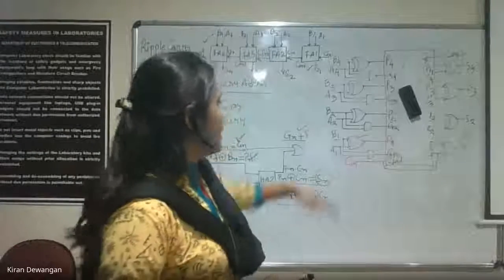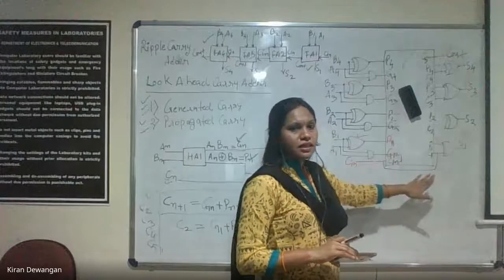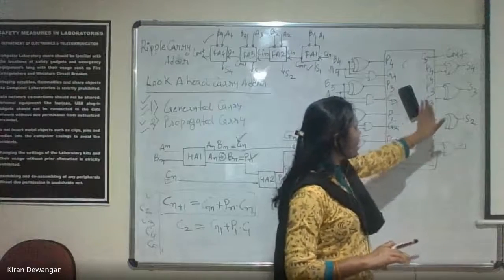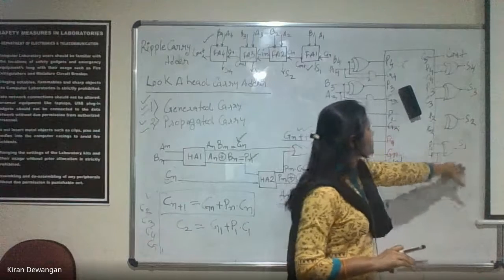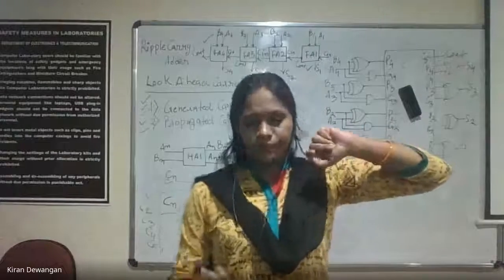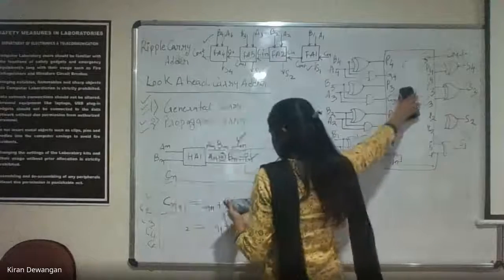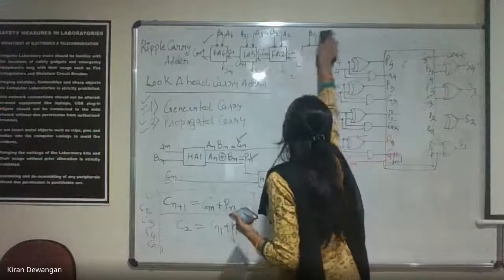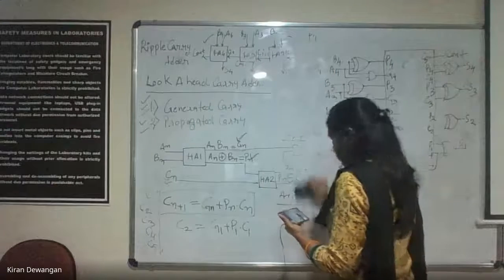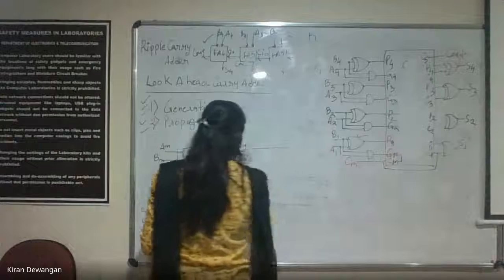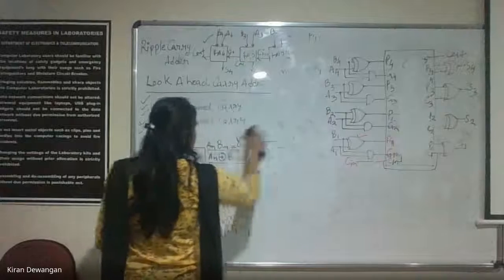As we are generating all the carries simultaneously, and these carries are used to generate the sum, final sum and the final carry out. Clear? So this is how our binary parallel adder, that is the ripple carry adder की जो problem है उसको reduce करता है. People, are you clear with this or you still not clear? Clear, ma'am. Okay.